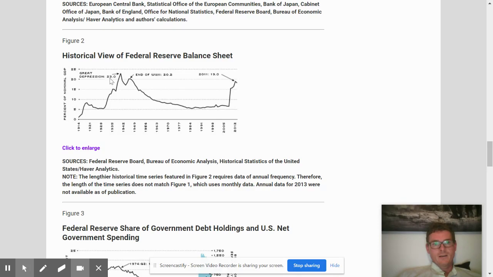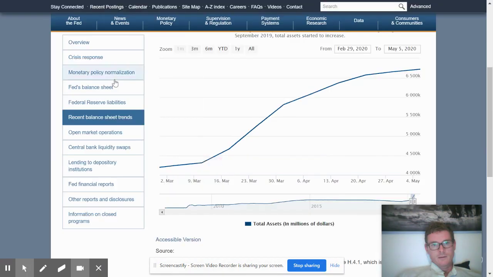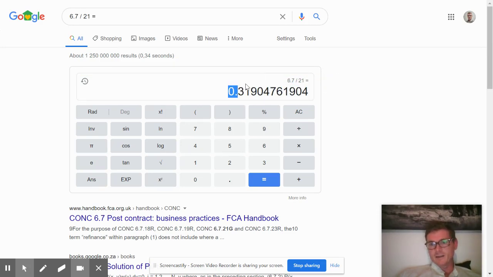23%. So the Great Depression was 23% of GDP, and let's see, now we're at 32-ish. That's kind of generous because I think the balance sheet is actually higher than that as of today, and the GDP estimate is probably lower than that right now for this quarter. But